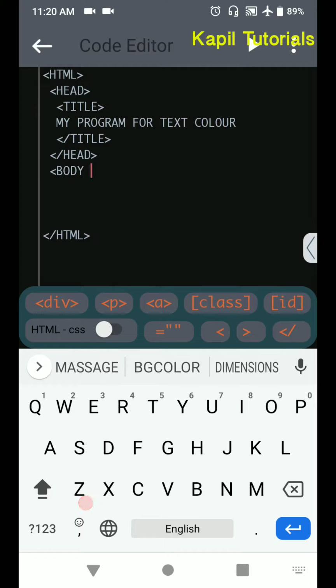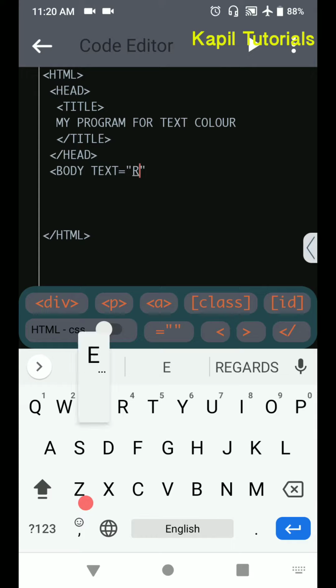One is the text property. What the text property does is change the color of the text. Suppose I am writing red: body text is equal to red.